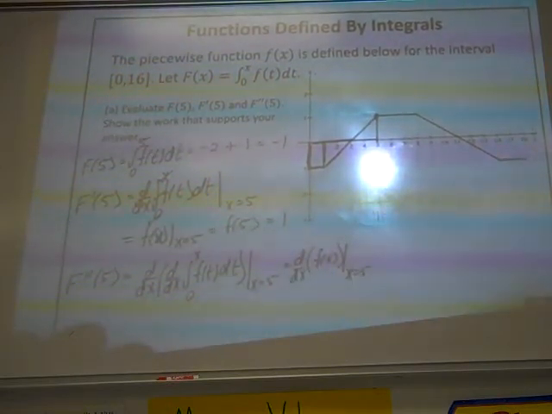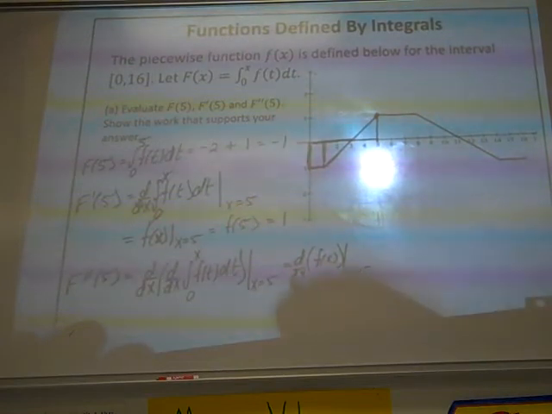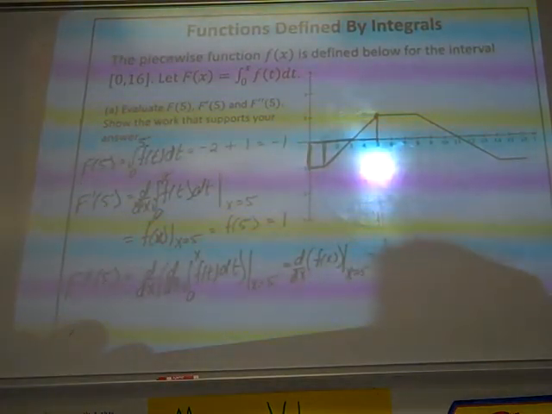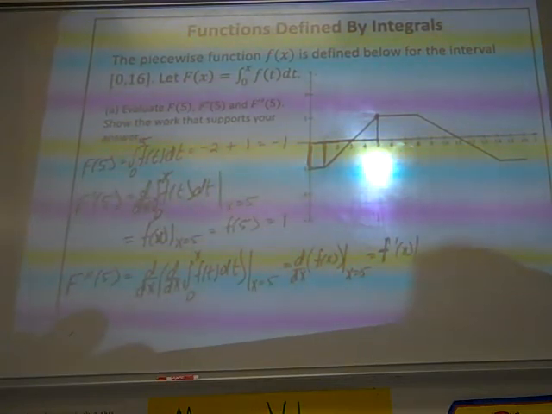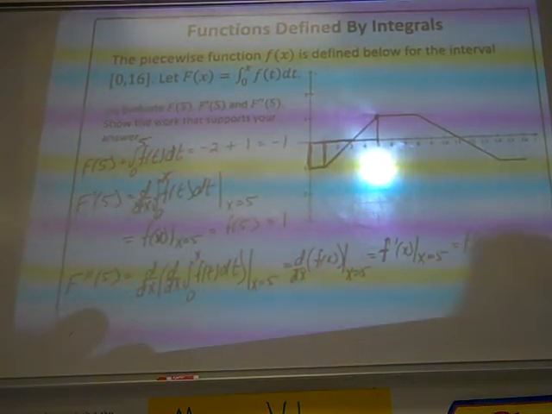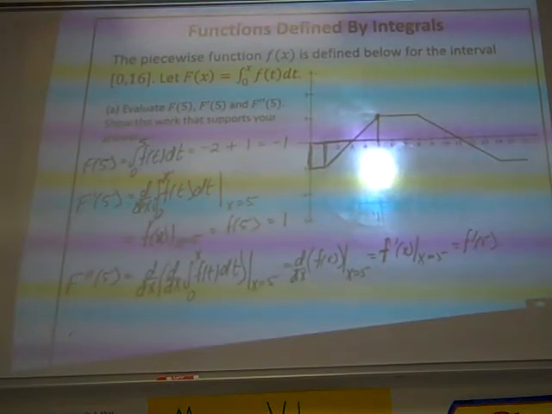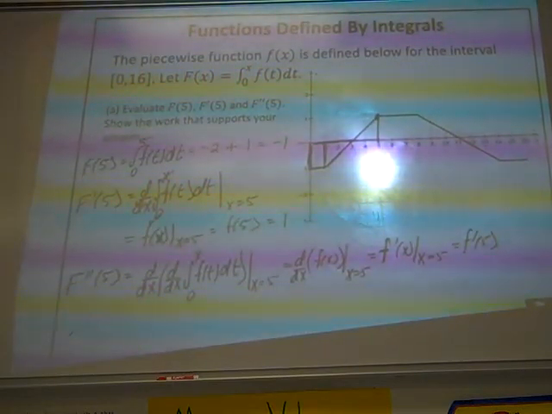Then I'm supposed to evaluate the derivative at 5. The derivative of f, another way to write that is just simply f prime. F prime of x evaluated at 5 means find f prime of 5. Now that we're finally at little f,